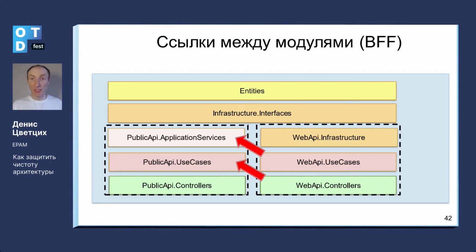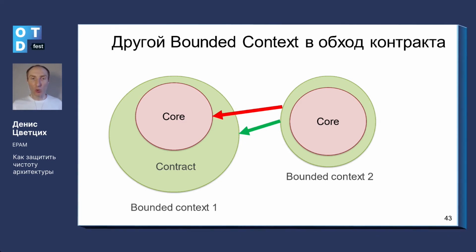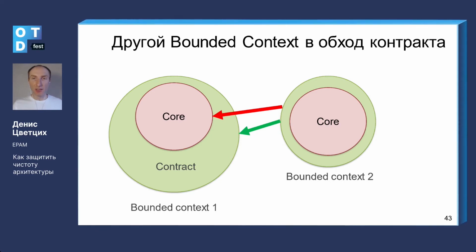In such a scenario, when we have a reference using use cases from a different module, or use cases using application services from other modules, you need to protect yourself from such links and secure that there are none. If we use bounded contexts, we will need to divide them. Bounded contexts, unlike modules of backends and frontends, can interact. They can refer to each other, yet it's quite important to